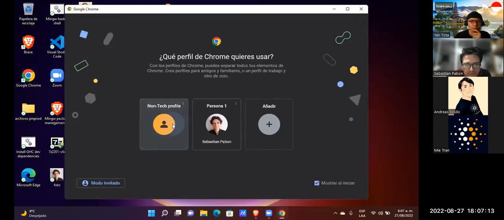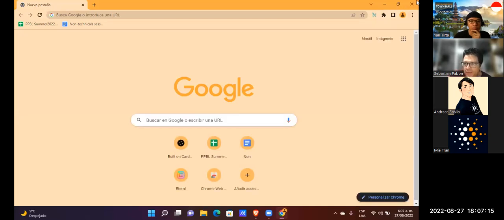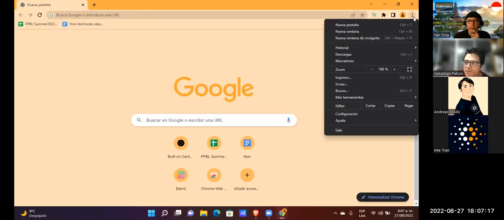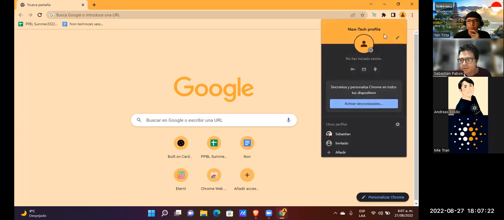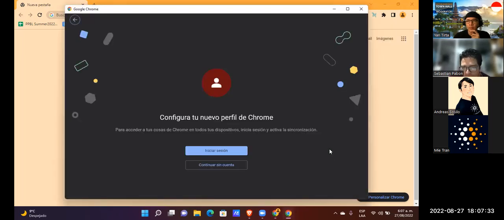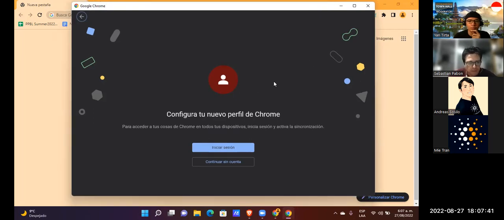In this part, in this side, you can open a new profile. Here we can work on this profile and do all the things we have to do today.